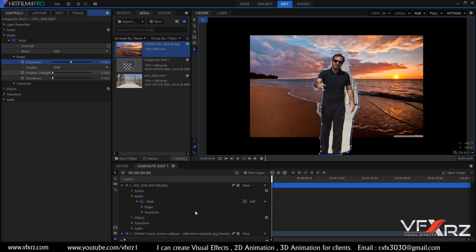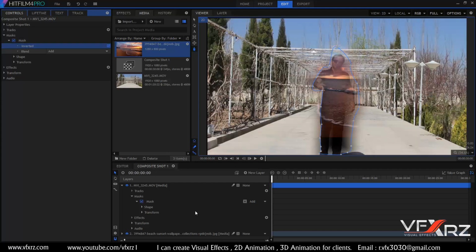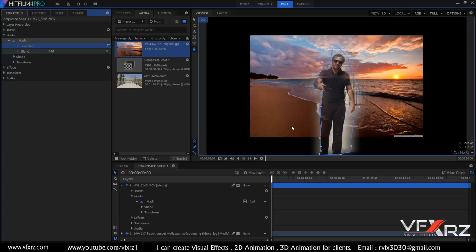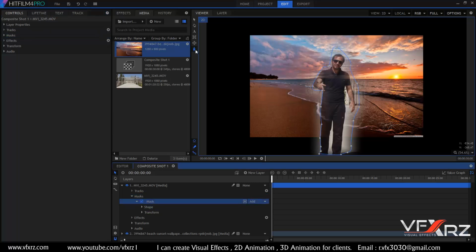Now I want just both, and here you can change feather strength, and here you can change the roundness of the mask. Very good. And if you click this invert, as you can see, it selects outside of your mask. Click here and delete this mask,